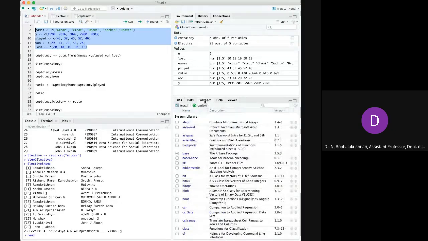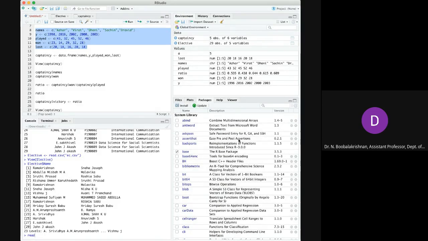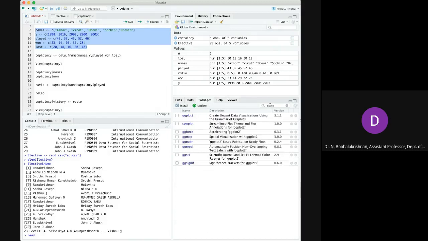See the packages. I said this is base R, so base R contains some basic functions and features. If you want to install any package, for example to plot a graph, you can check it over here. ggplot2 is already installed, which I used for some plotting purposes. If it is not there, you can install it, because these individual packages are developed by various computer programmers and computer scientists, and are available free and open source on the web, on the CRAN project.